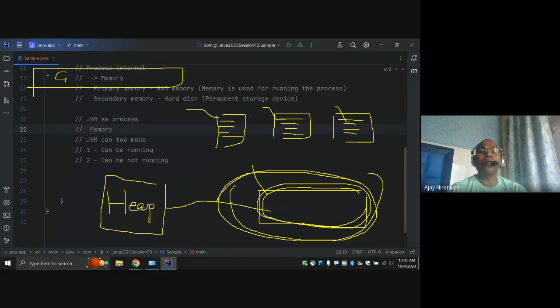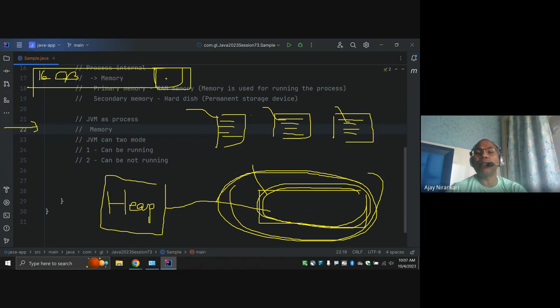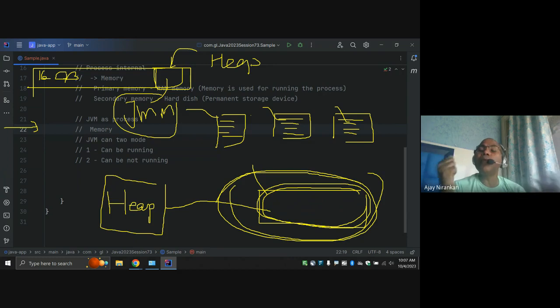Whenever you start any JVM process, let's say my machine has 16 GB RAM. Whenever I start my JVM process, maybe let's say 1 GB, I allocated 1 GB for my JVM process. JVM says I'm not going to say simple RAM, I'm saying this is my heap memory. This is the programming terminology. Heap memory means the memory your process requires. Whenever I start JVM as a process, it needs memory. That memory is named heap memory.